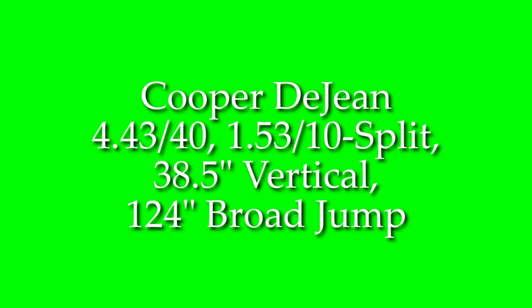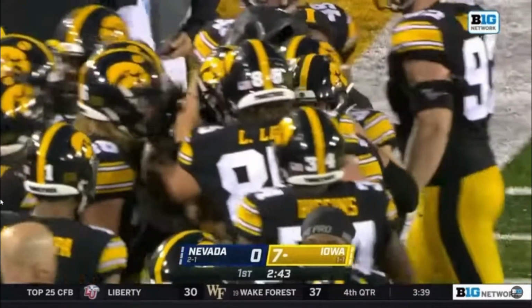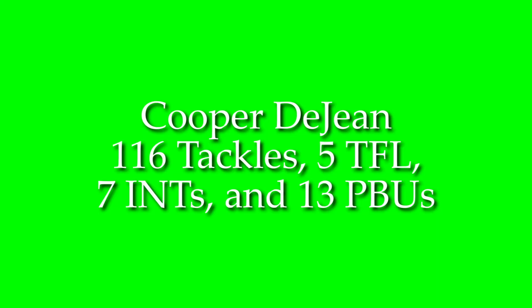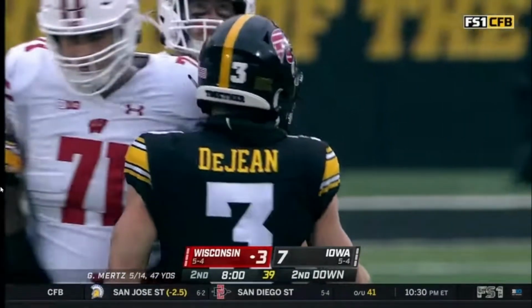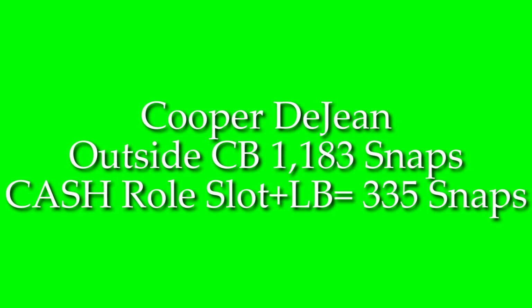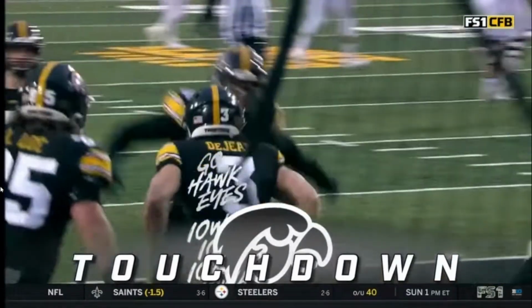4.43 40 with a 1.53 10 split, 38.5-inch vertical with that 124-inch broad jump. It's a guy that had a lot of production. 116 tackles, 5 tackles for loss, 7 interceptions, and 13 pass breakups over the past 2 seasons. This young man could be a guy without a home or a position, or he could be a guy that's logged 1,100 snaps on the outside, and then also 300-plus snaps in those hybrid roles for Iowa,